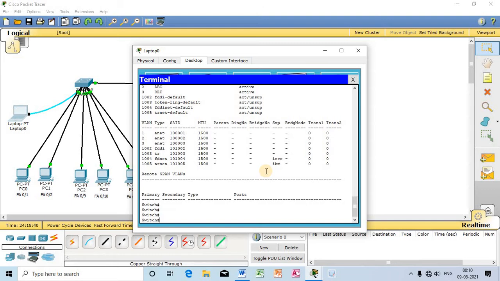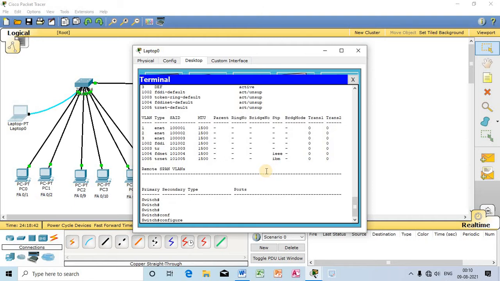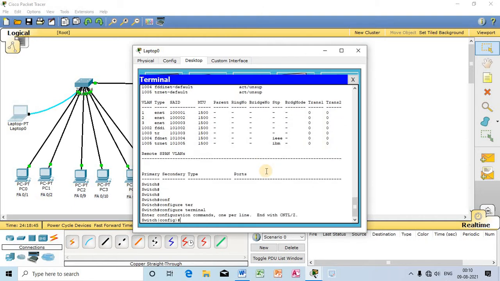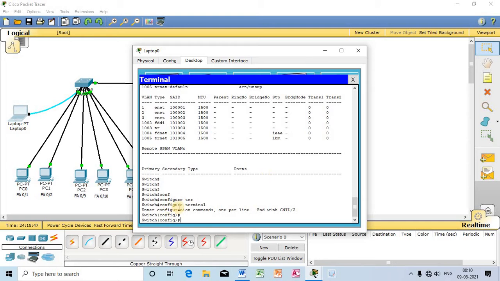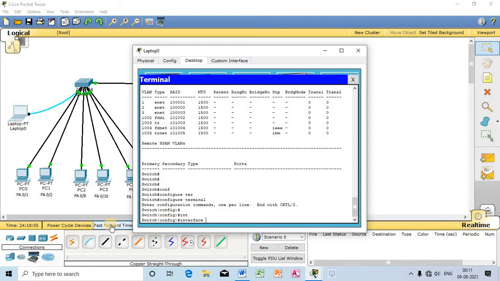Let us do. For doing that, first I will move on to configuration mode. Watch, we are in configuration mode now. Interface. So I am not going to shift each interface individually. So I will select all interfaces together by the range command and move those together to a particular VLAN.